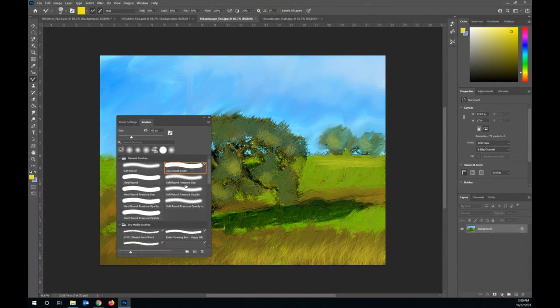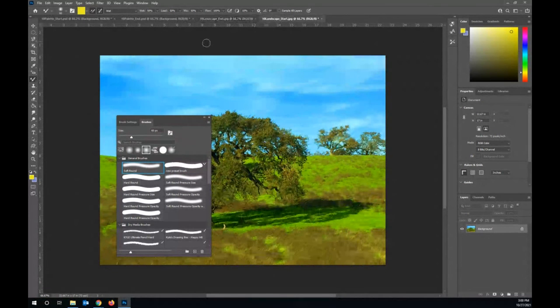This is now stored in my brushes so that I can quickly choose this brush. And it's going to have the same settings that I just applied to it, so I can reuse that and save it. Now I can also load in presets,